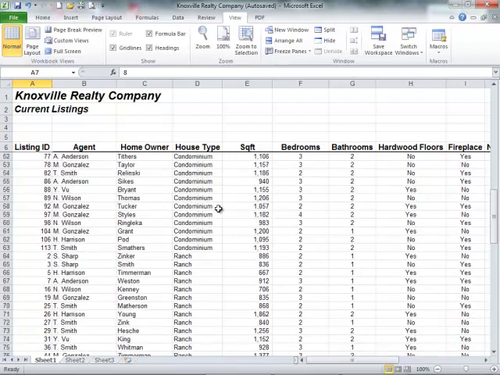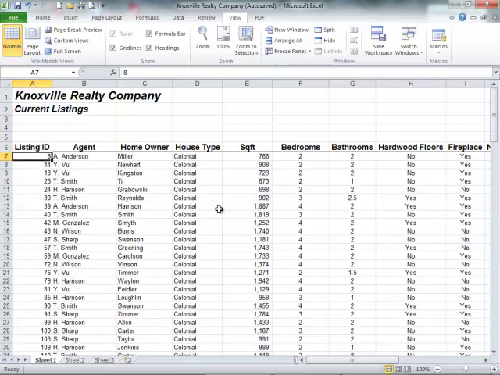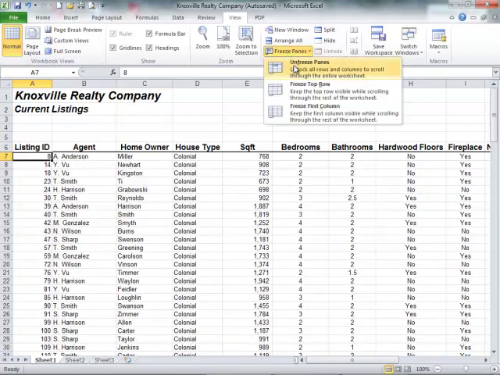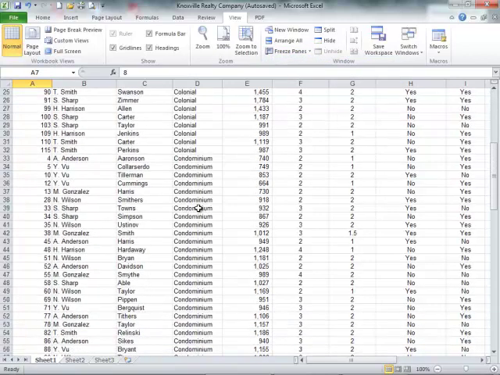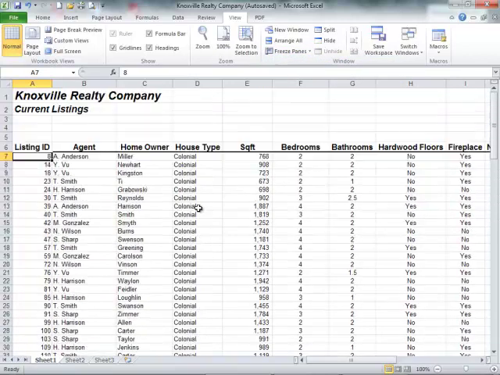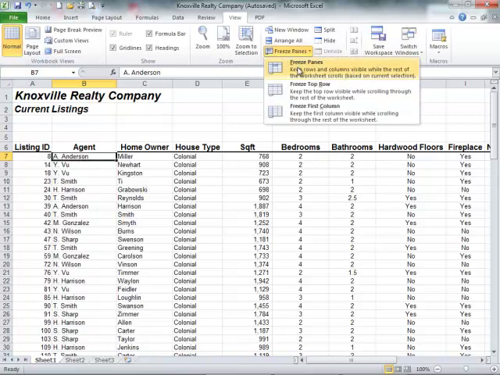Same thing if I scroll across here. Let me scroll back up here, and I'll unfreeze the panes by going to Freeze Panes and then Unfreeze Panes. And my worksheet's back to normal now. I scroll down, the headings disappear. I'll go to cell B7, B as in Brian 7, and I'll go to Freeze Panes and pick Freeze Panes